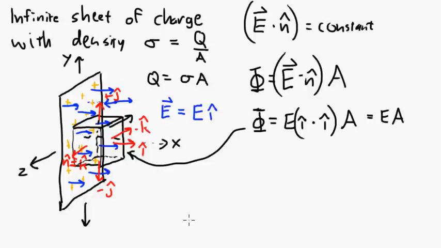So let's say this is our edge-on view of the sheet. Actually, let me move it. Here's our edge-on view of the sheet, okay? So the y-axis is going up here, the x-axis is going this way, and the sheet is flat on towards us. And of course this is just a portion of it, okay? So if we draw it, the way I prefer to do it is to draw it like this, going all the way through the sheet. So this top side and the bottom side will have a flux of 0, right? Because your normal vector will be like that, and the electric field is always going like that,